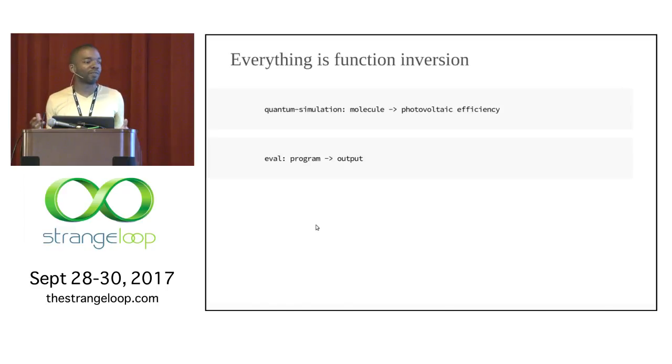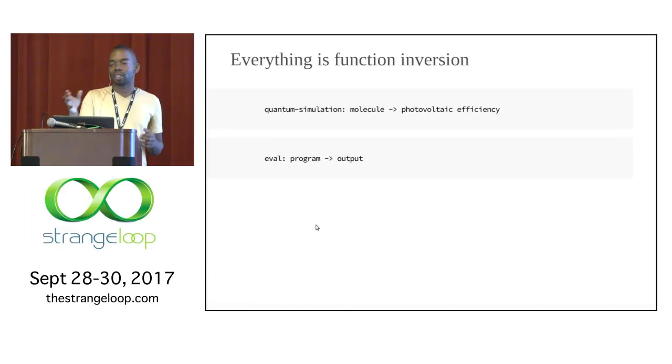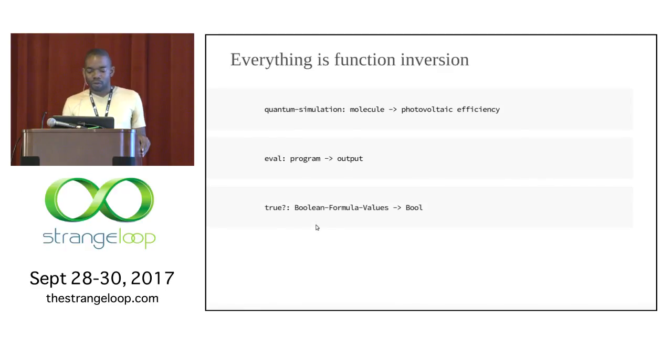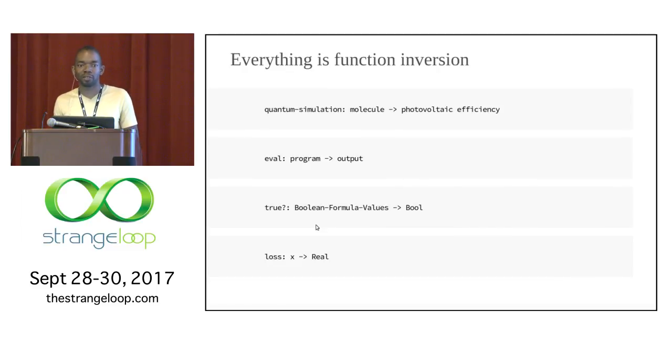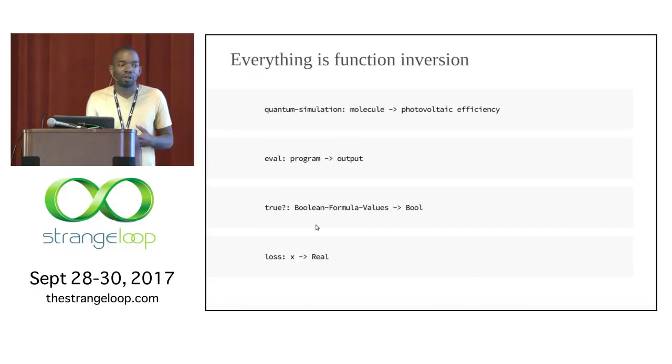Or if you took eval, right? Eval in most programming languages takes the program and evaluates it, gives you some output. If you could invert that, you have a kind of program synthesis: give me the program that generated this output. Or if you have a Boolean formula, and you can evaluate to see, is this formula true given the assignment of values to variables? If I could invert that, I have a satisfiability solver, a SAT solver. And as I'm sure some of you know, SAT solving is one of the core problems of computer science. Or if you have a loss function, if you can invert a loss function, you can do optimization. So function inversion really is everywhere. People don't always explicitly define their problems in terms of function inversion, but it really is a core part of many different problems.